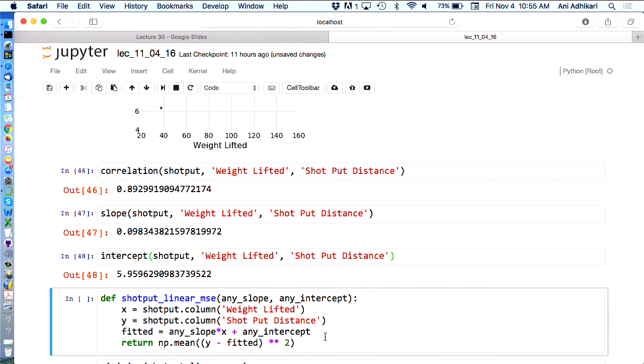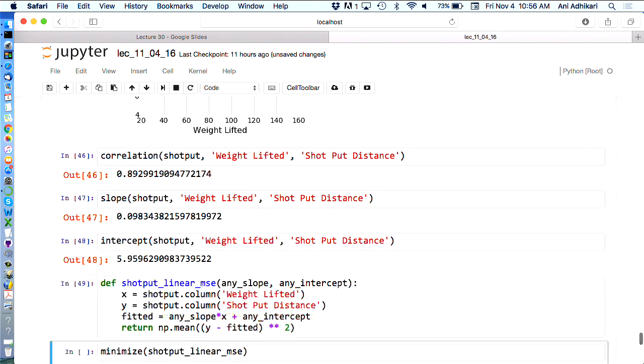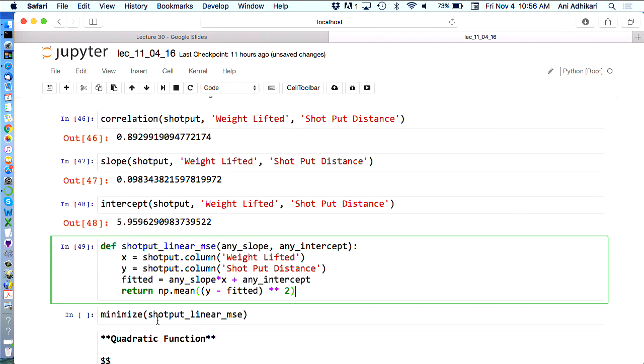You agree that this is exactly the same code that we wrote. All we have changed is the name of the table and the name of the variables. Yeah? So this is now shot put, and instead of just saying MSE, I'm saying linear MSE because I want to do a nonlinear one in just a moment. Okay, that's our function. So we're going to feed minimize this new function that we wrote. And so what minimize is going to do is going to go find the definition. It's going to see what this thing returns. It returns this number. So that's what minimize has to minimize, right? And it has to give me back these two values corresponding to the smallest value that it found.